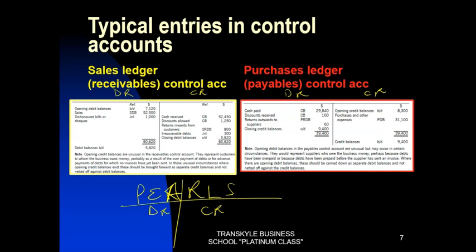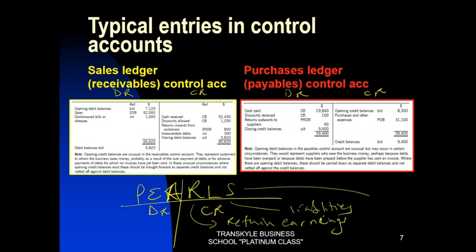Revenue is almost like sales. You may also consider it as retained earnings, or retained profits. Then L is liabilities. S, you can call it sales